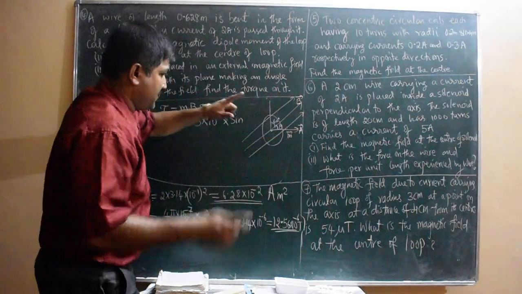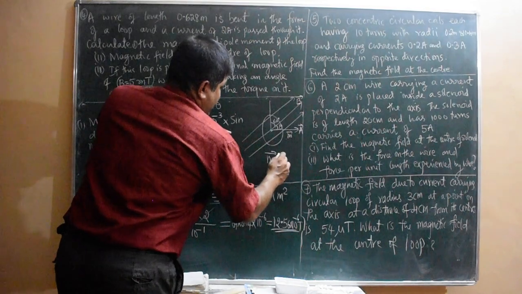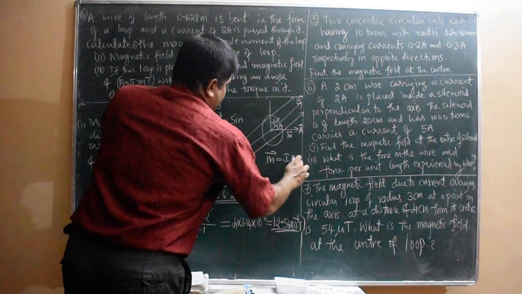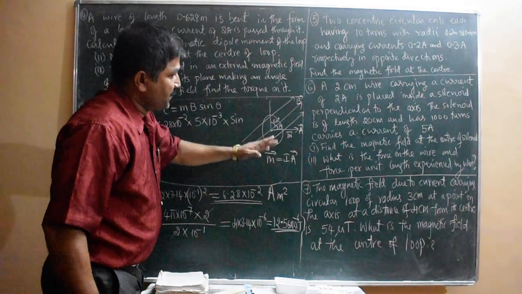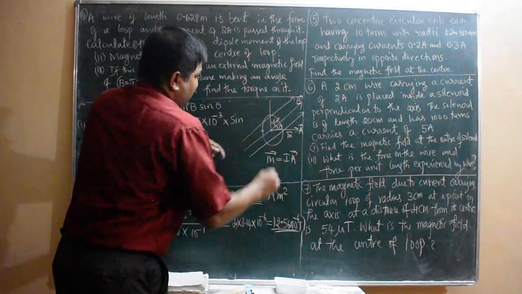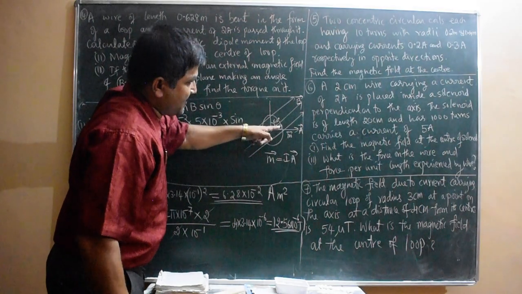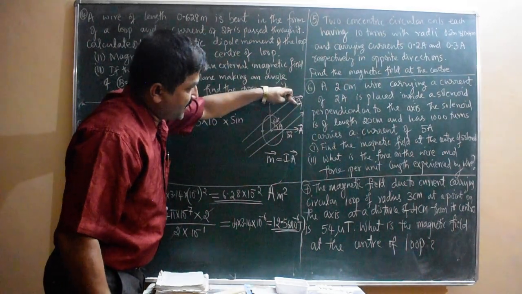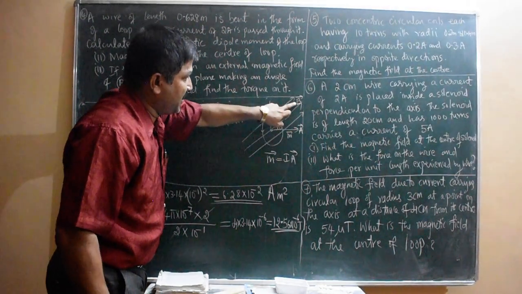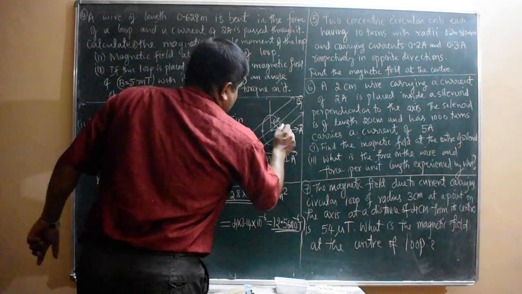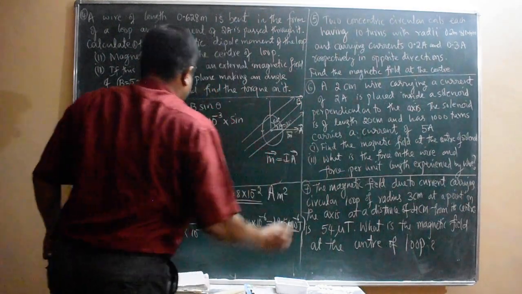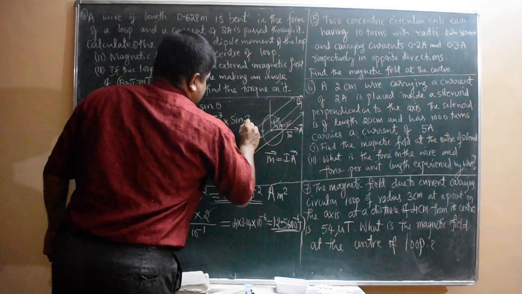Both are in the same direction, because the m vector is I times the A vector. So the area vector and the m vector will have the same direction. Current is there in the loop. So the angle theta is the angle between the B vector and the A vector, the magnetic field B and the A vector. That angle is 30 degrees. So theta will be 30 degrees in this problem. So sin 30.